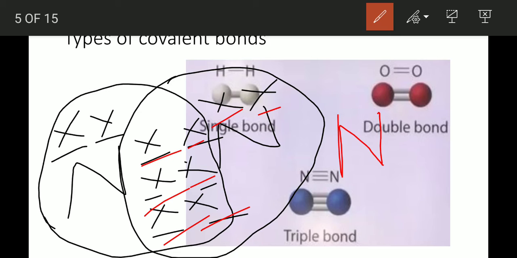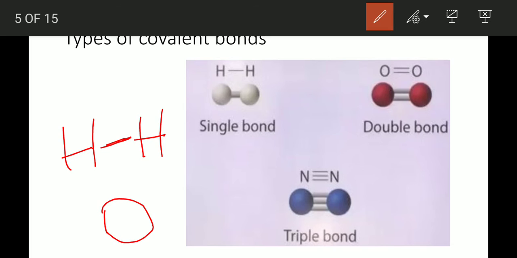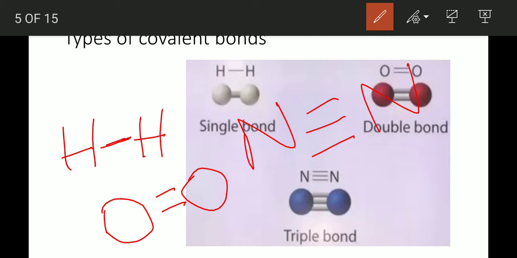In the first I said to you that for a bond to form we need 2 electrons, but here they shared 6 electrons. That means triple bond. 3 bonds have formed. That's why this is called triple bond. Here we will show the bond. Single bond will be shown like this, only a single line. Double bond will be shown like this, 2 lines. Triple bond will be shown like this, 3 lines.